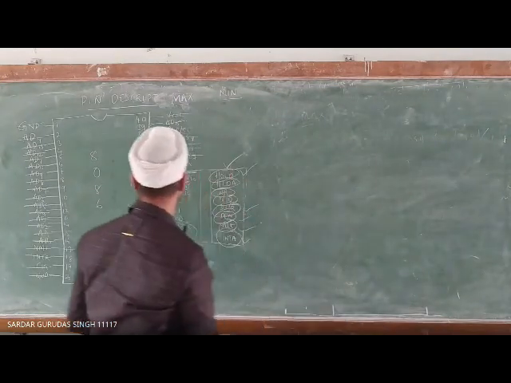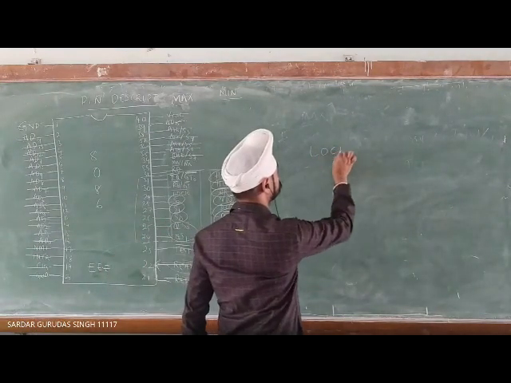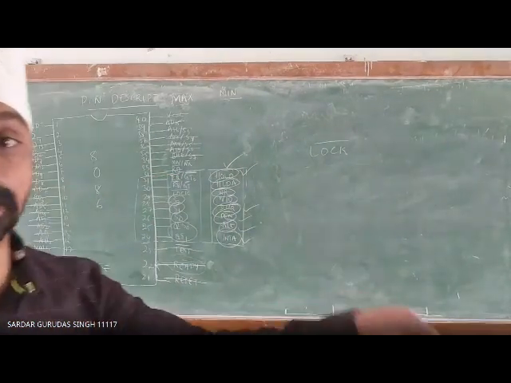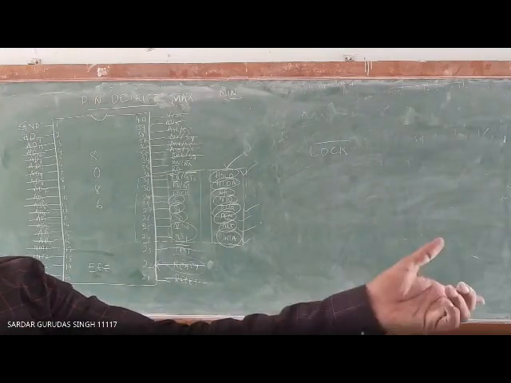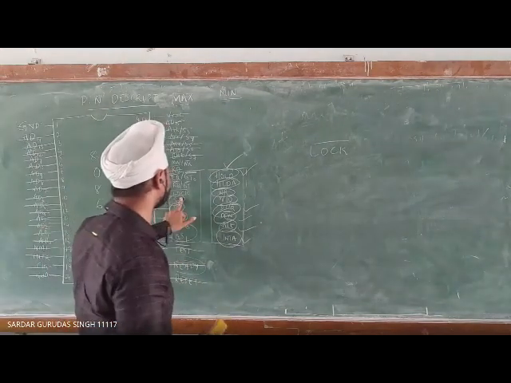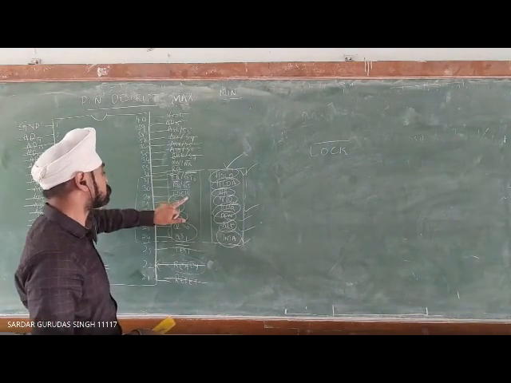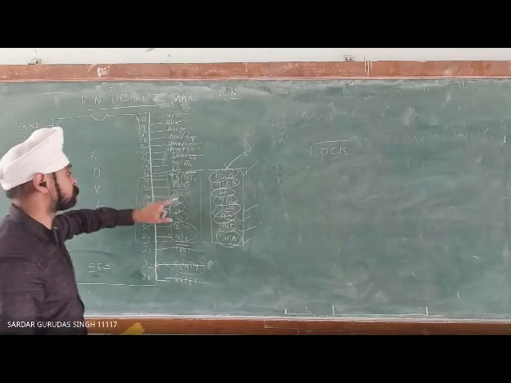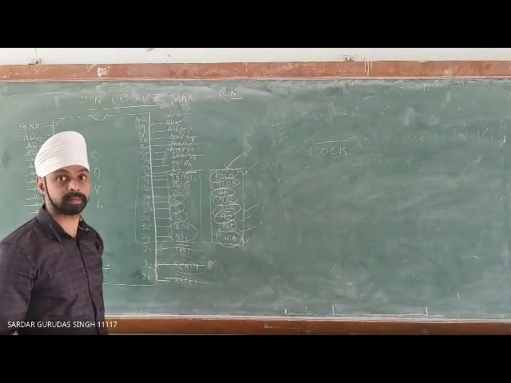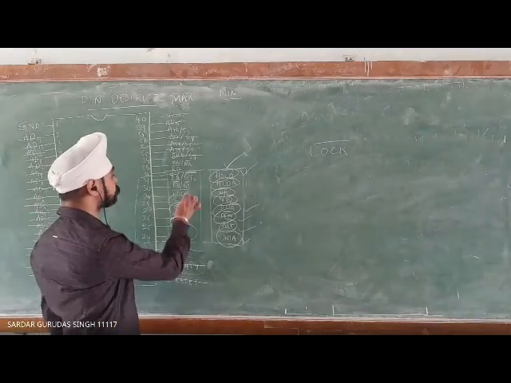Okay. So S0, S1, S2. Then comes LOCK bar. LOCK bar is like closing the door in the classroom, in the sense no one is given access to the classroom. In the same way here also, LOCK bar indicates that the processor cannot give the system bus to any peripheral that is requesting the system bus. It is locked. It is not given to any other peripheral because it is already used by some peripheral or whatsoever it is. Okay.